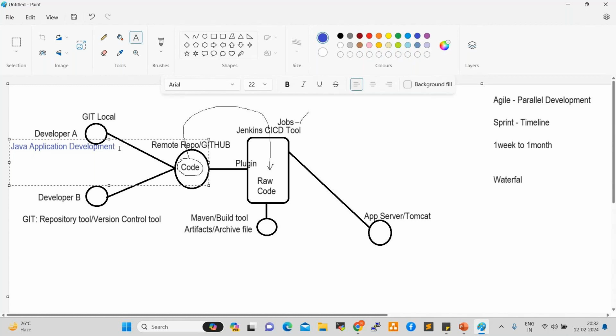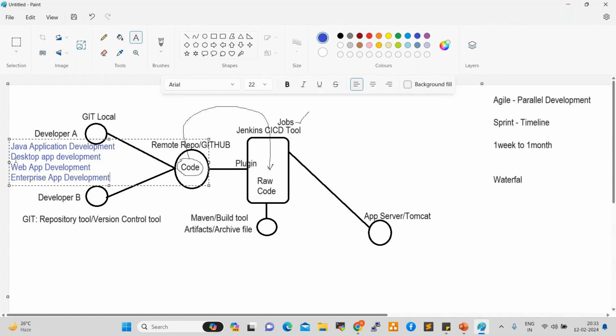First one is desktop application development. Second one is web application development, and third one is enterprise application development. Based on the application development, Maven will generate the respective artifacts.